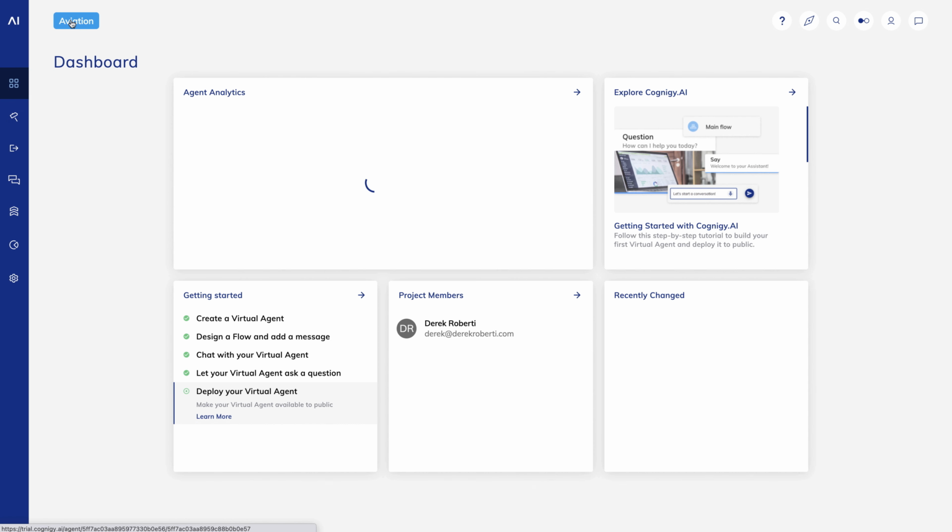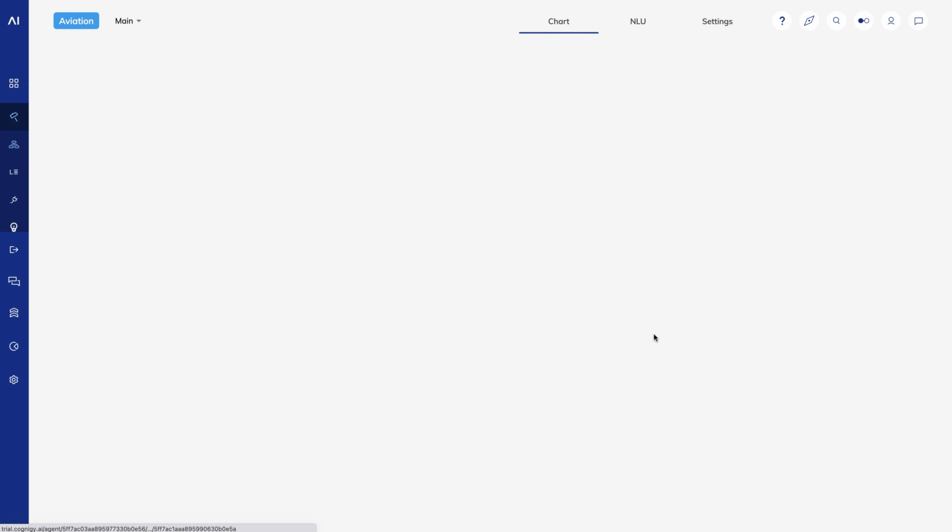Here's a shortcut. Once you've been working on your flow, you'll find it listed on the agent dashboard under Recently Changed. This takes you directly to your flow, open to the flowchart view. You can see the flow starts off empty with a start node at the top and an end node at the bottom. When a conversation starts, the input arrives at the start node and progresses through a set of logical decision points before a response is sent back to the user.